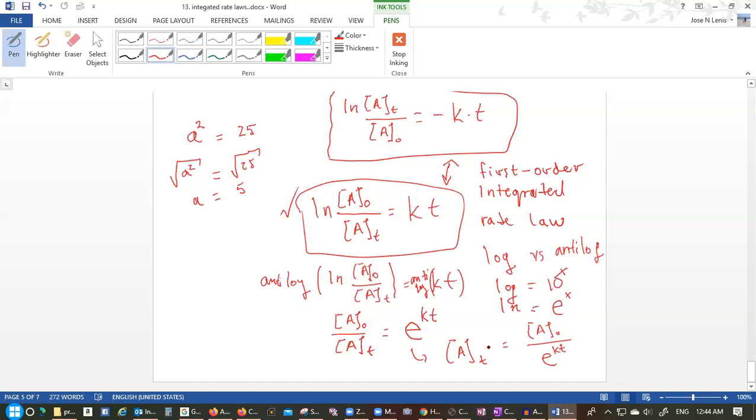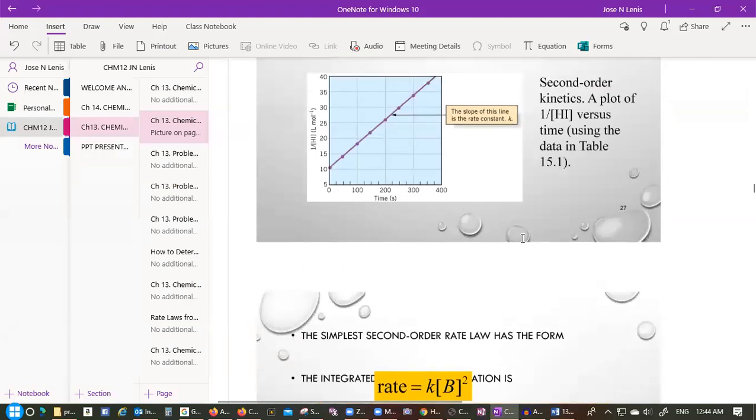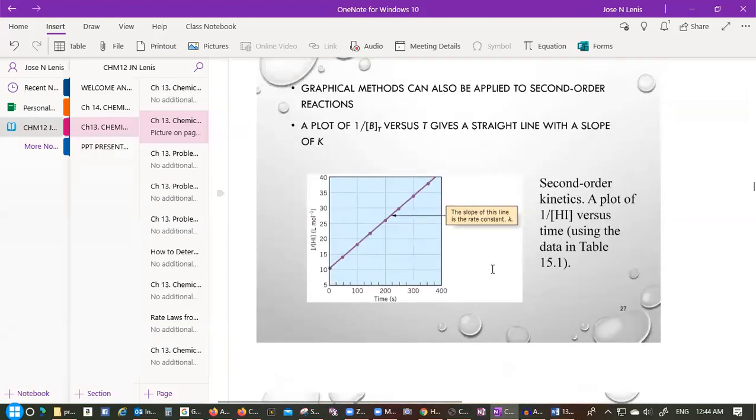Or vice versa. You can find what is the initial concentration if you know the final concentration. So it's very important you practice how to do this. Like this one. All right, the next one. And the next one